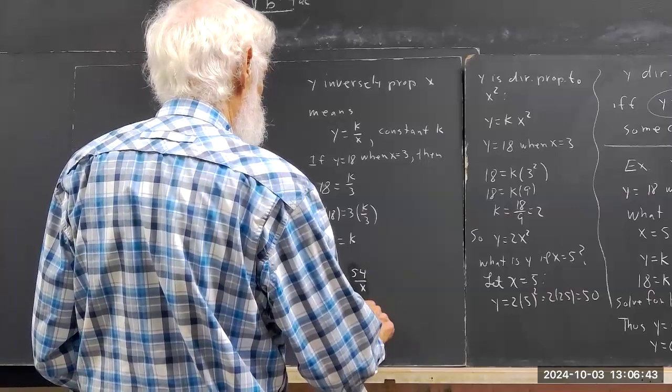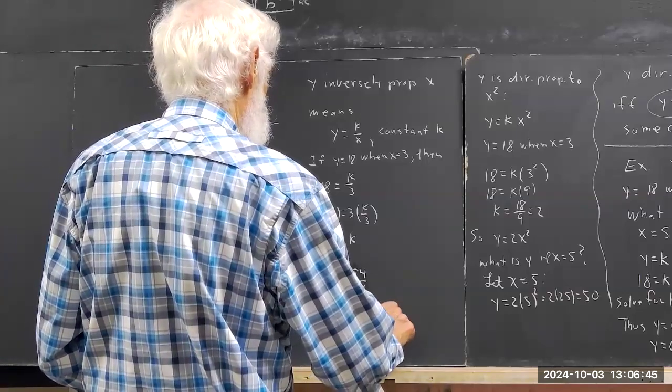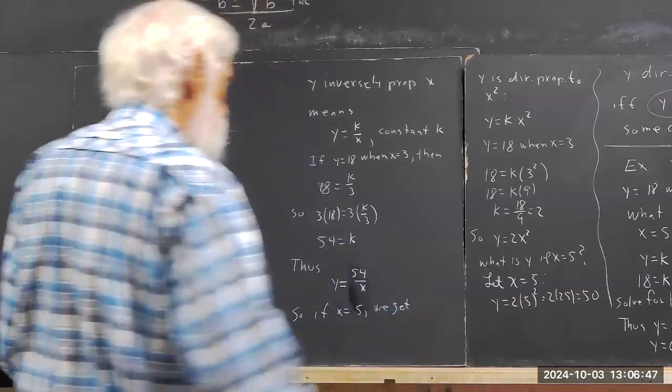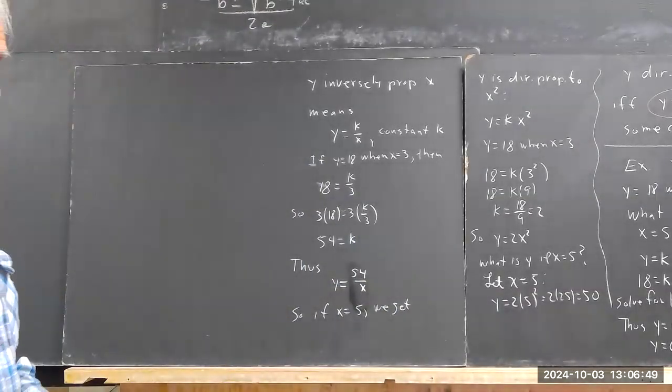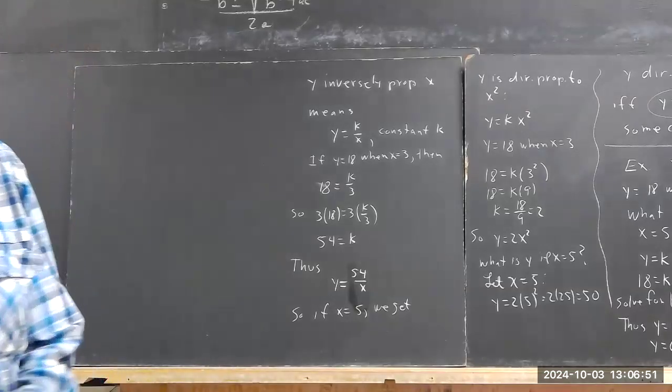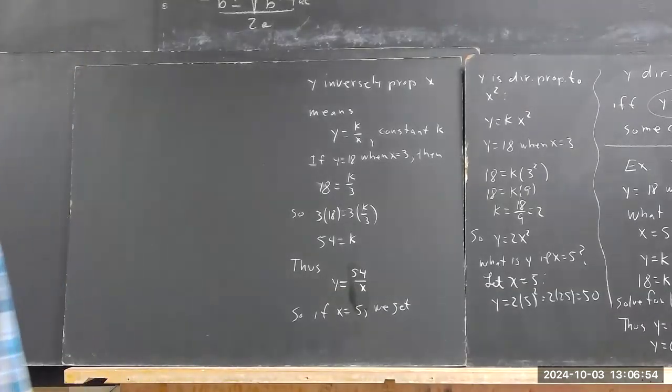X equals 5. Write it out, just be sure, it's pretty obvious. Just be sure you're on track. We get